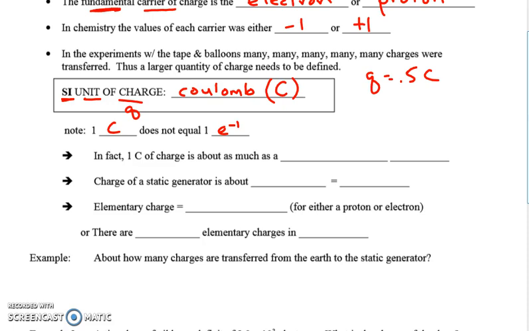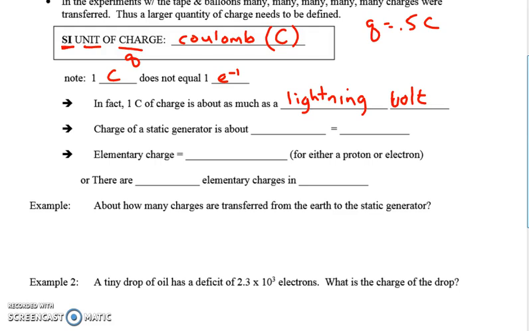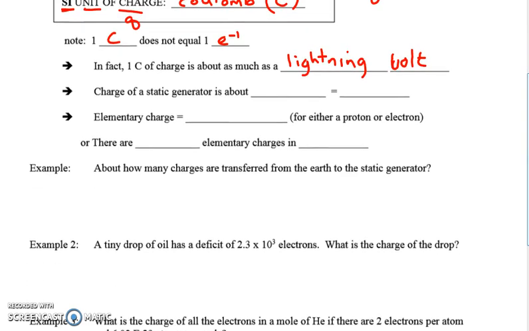In fact, 1 coulomb of charge is about as much as a lightning bolt. That's a lot of charge. So it tells you 1 coulomb is a huge quantity of charge, unlike 1 kilogram, which is a moderate to small amount of mass, or 1 meter is a moderate to small amount of distance. I won't go into the details of why 1 coulomb is such a large value, or why they would make it like that, but it has to be consistent with everything else